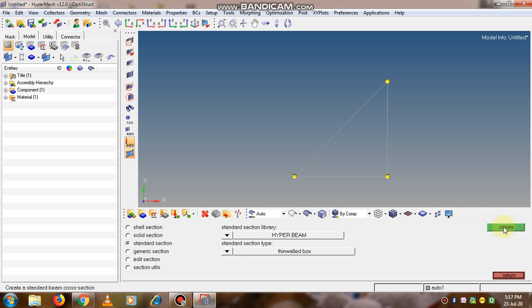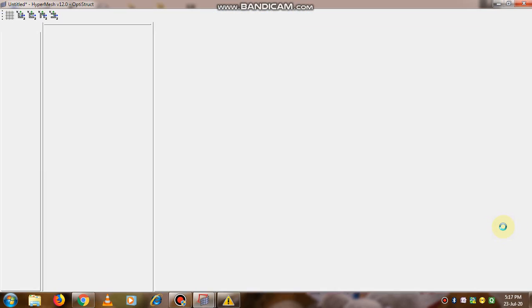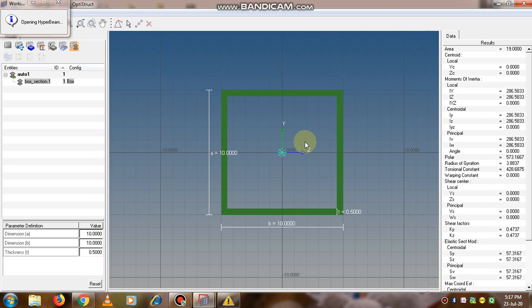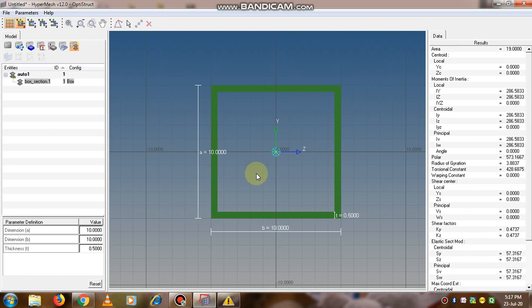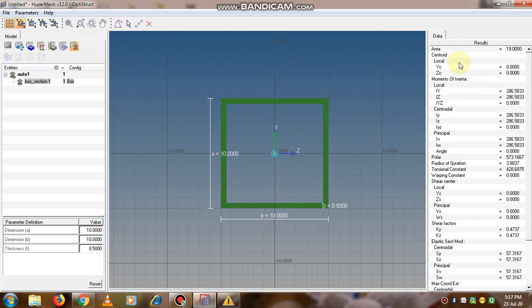Create it. Now see on the right side here, that is moment of inertia, centroidal, and polar moment of inertia, radius of gyration. All these are calculated for this section. From this side you can modify the dimension of the box as well. So now the box section is created.